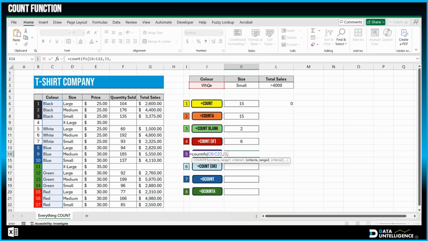Comma again. Now it's asking for a criteria range 2. And this time we'll do the total sales, G6 to G22, comma, and the criteria 2 is that it's greater than 4,000. If I type comma again, it keeps going and adds more criteria. You can add 5, 6, as many as you like. But we're just going to stick with 2, so I'm going to get rid of that comma, close the brackets,